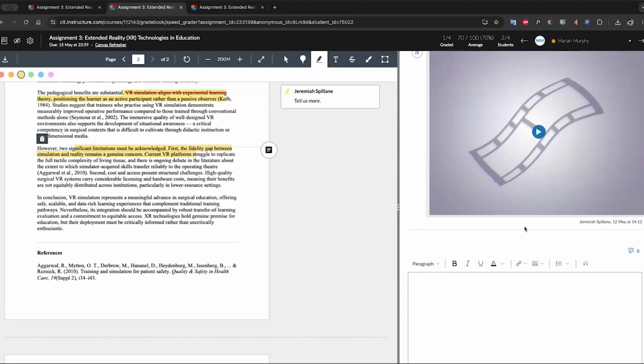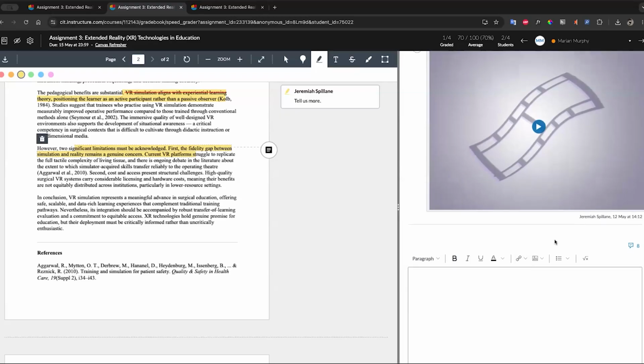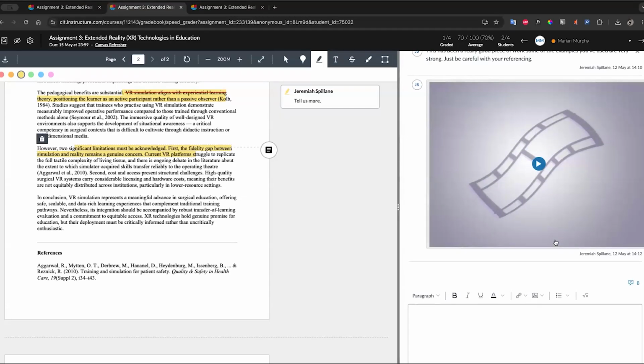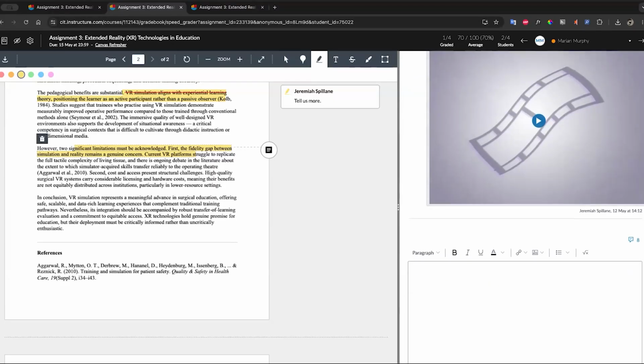I think it's really good, as I said, in the show and tell sense. It's like sitting down with your student with the document in hand and going through it with them. I think this is also particularly good for media-based assignments. If they've created some media-based content for you, that's quite useful as well. Okay, so that is the screen to text feature